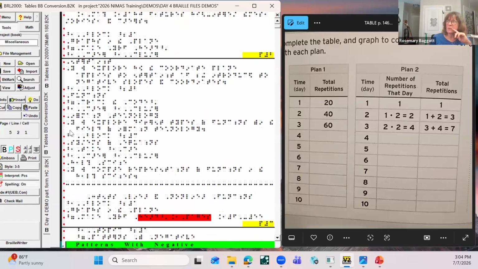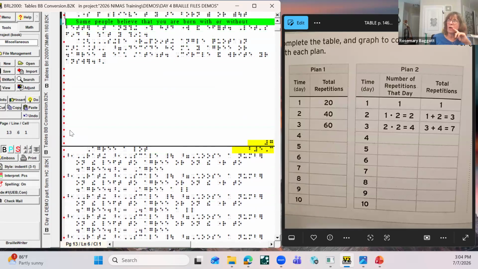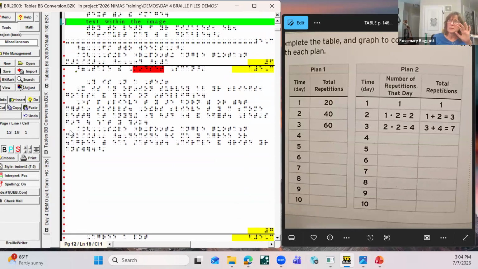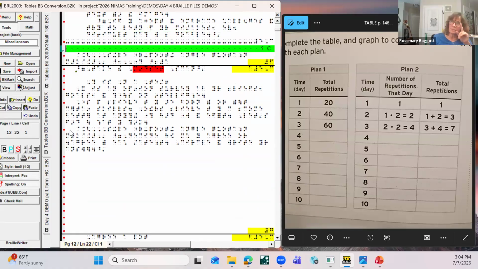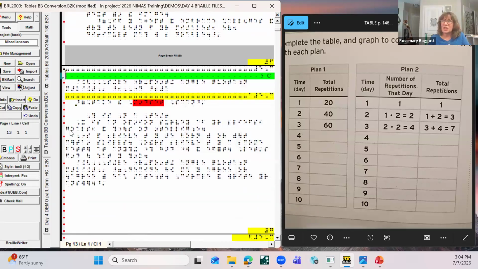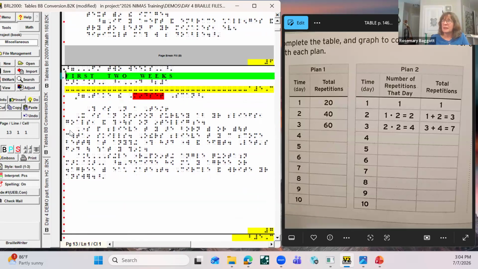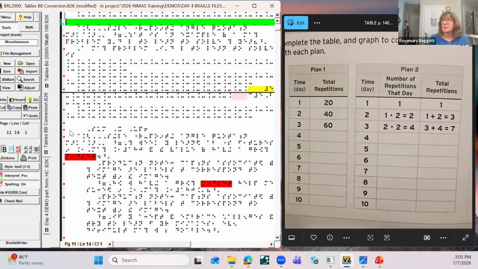I'll scroll down a little and you'll see that once we get down to the print page numbers, they're in here. Braille 2000 puts them in, but I still have some of this, like this line that came in with Braille Blaster. So I'll have to take that to the next page, delete that line, and replace it with the Braille 2000 line. It just kind of depends. You have to watch that when it's a Braille Blaster import or conversion. It's usually just with the preliminary pages. But that aside,